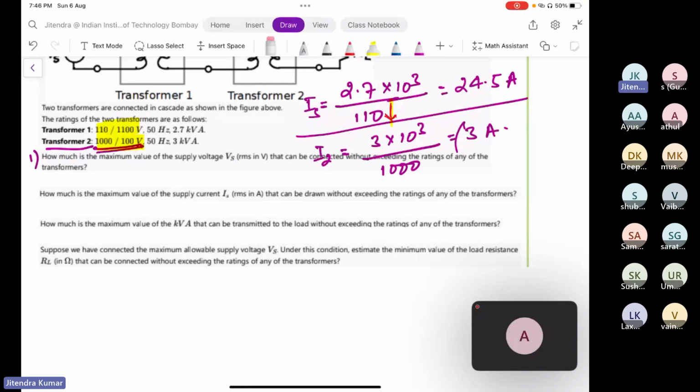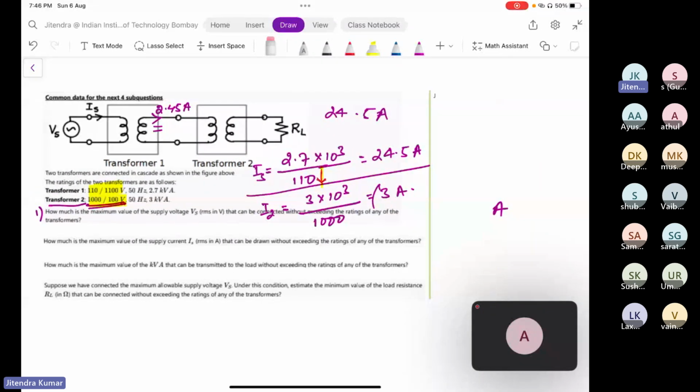Any idea? You have already computed the rated voltage and rated current, so you can compute kVA, right? Sir, 2.45 kVA. So 2.45, let me write 2.45 kVA. Since we have found out the maximum value of supply voltage without exceeding the rating of the transformers,